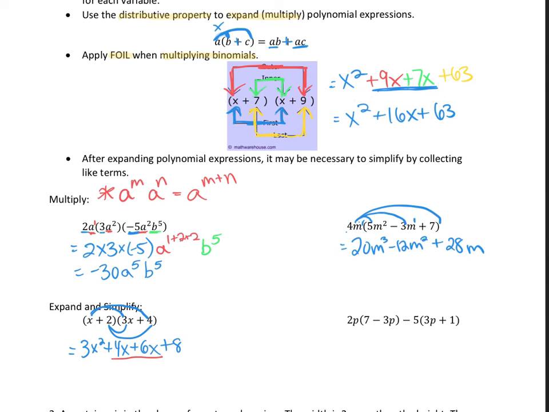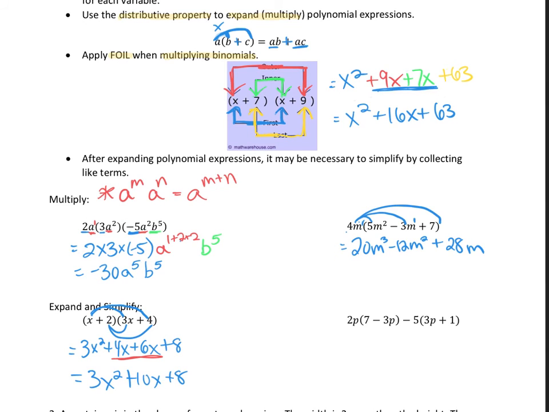We're going to combine those like terms in the middle. You're going to have 3x squared plus 10x. 4x plus 6x is going to be 10x